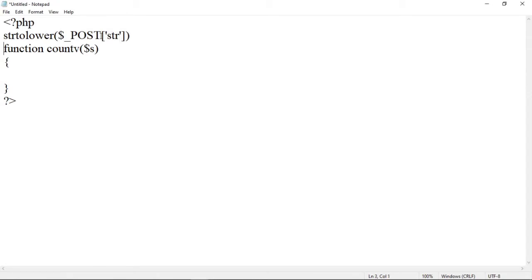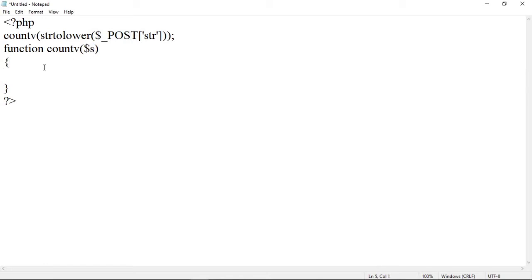Now we want to pass this string to this function. So for that we have to call this function. Name of function is count vowels. So to call function, use a set of round brackets as like this, and to call a function, use semicolon. So first line is that to call this count vowels function, which passes one argument, and that argument is nothing but a string from HTML form, which we will get with the help of $_POST in bracket str. Now here within this $s variable, we will get that string.